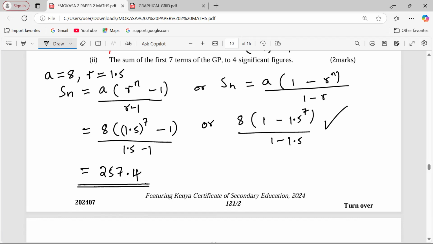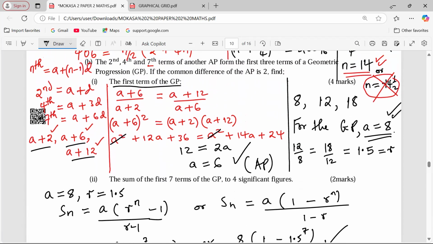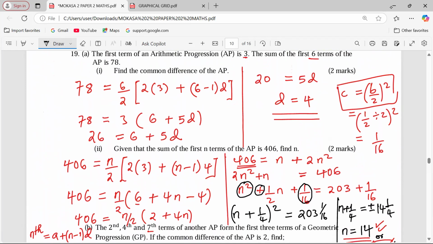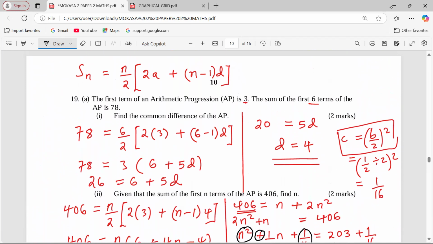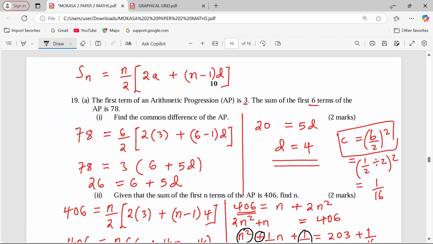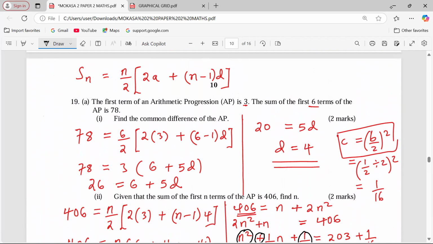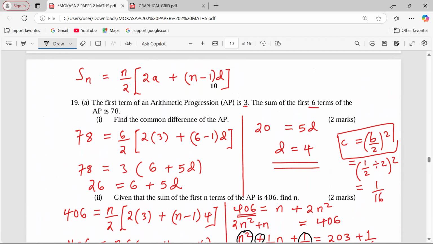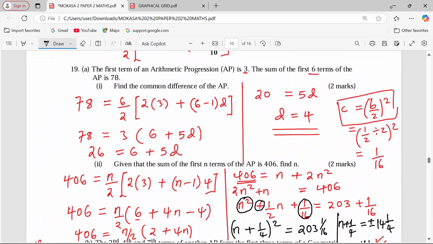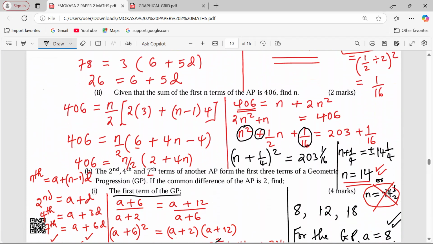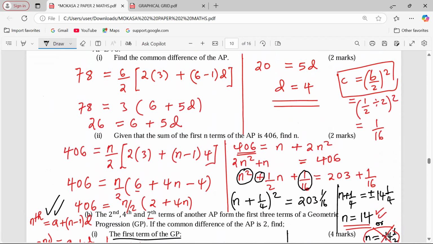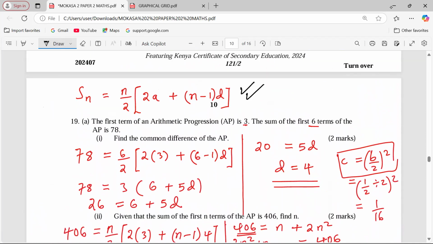Very simple. So that's how we work the series and sequences question. Students are just supposed to know the formula to be used in every case. And once you've known the formula, now what remains is to substitute in the formula. Remember, in this formula, we can have any variable becoming the question. The way we started in the AP, arithmetic progressions, arithmetic series, we start with the concept of getting nth term, you have to know it, and the concept of getting sum of a given number of terms.